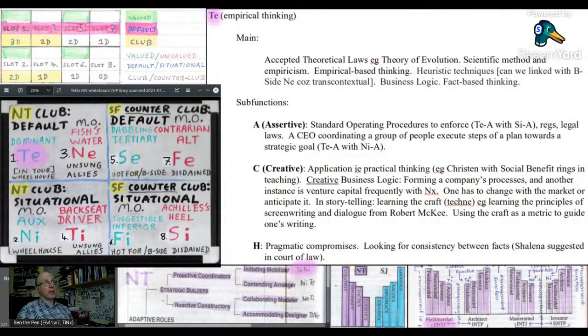So the main difference between ENTJ and INTJ is energy level. Huge difference in energy level. INTJ gets a lot done because they spend their energy very wisely, but they are sort of tight with time, energy, and money, typically like the Enneagrammatic fixated 5 person. But I'm not going to go through all of the subfunctions because you can read it. But there are 3 big factors in this model.